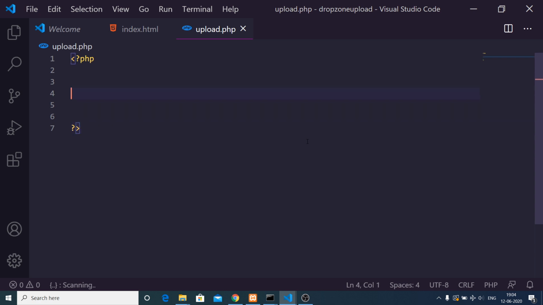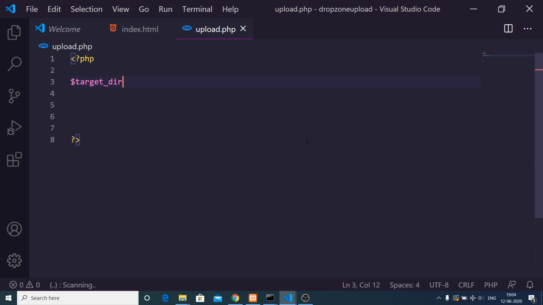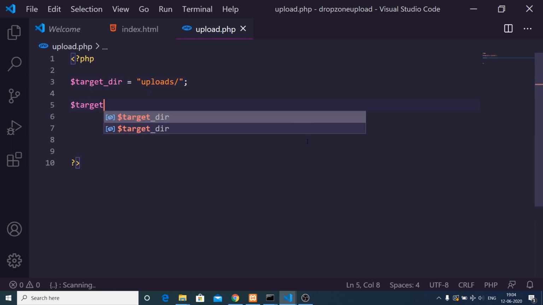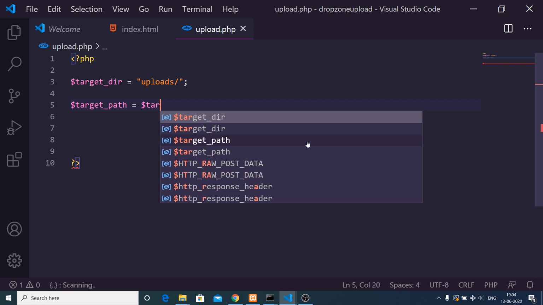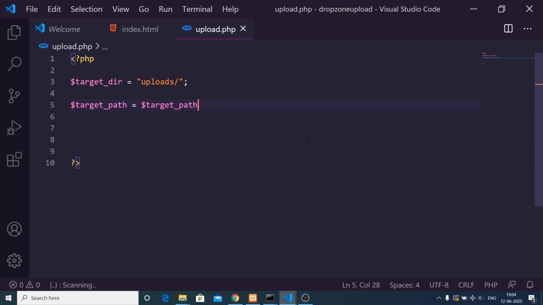So inside these PHP tags, we will first of all declare the target directory, target underscore directory. So this will be uploads slash, put a semicolon. Then we will first define the target path where we need to store these images. So we will first of all concatenate this with the target path, and to concatenate it there is a dot